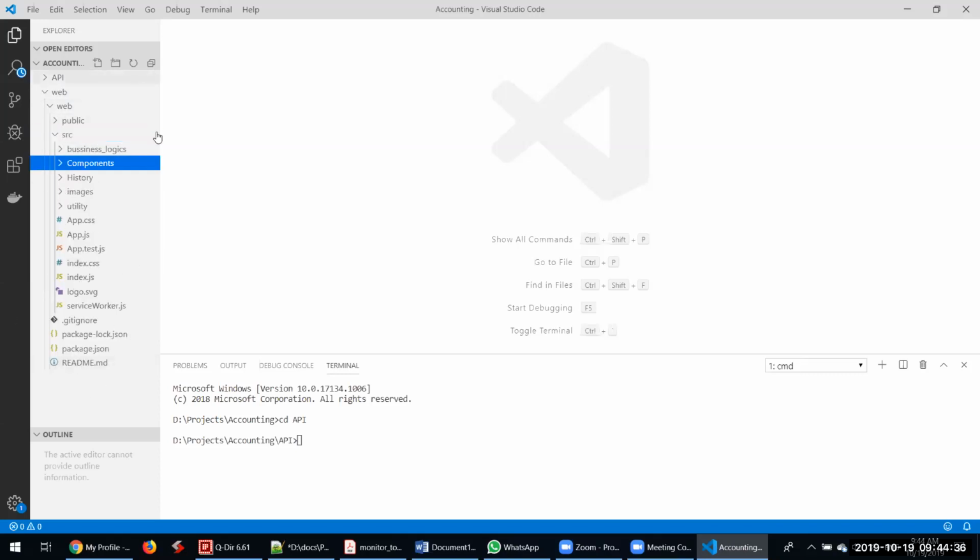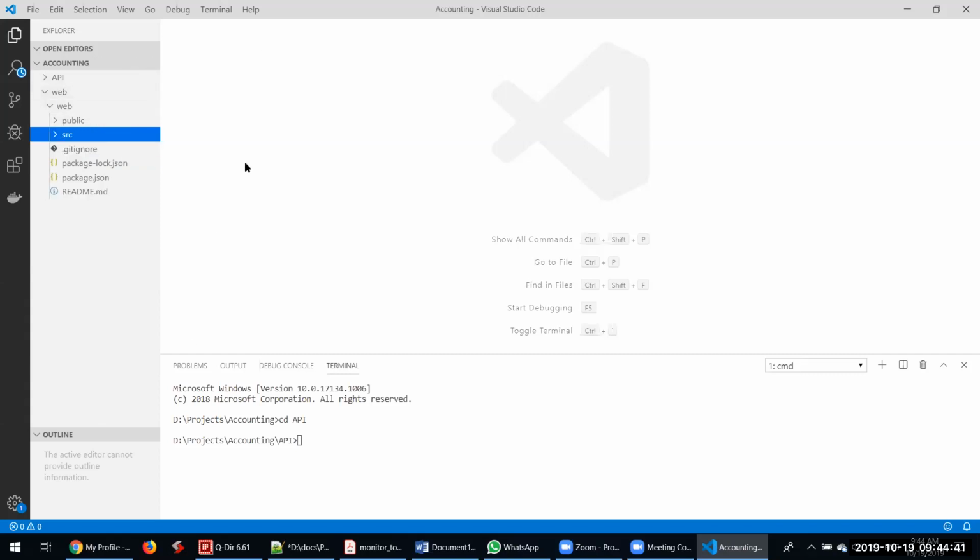and there are a lot of things, right? So basically, to run this application, we have to do two things. One is we have to go to the API folder in the server and run